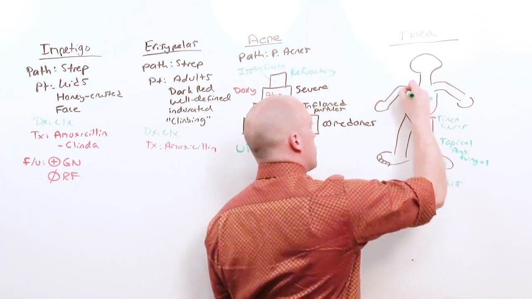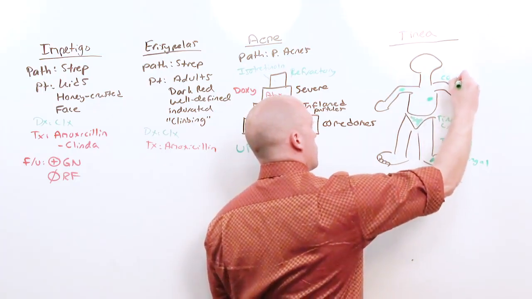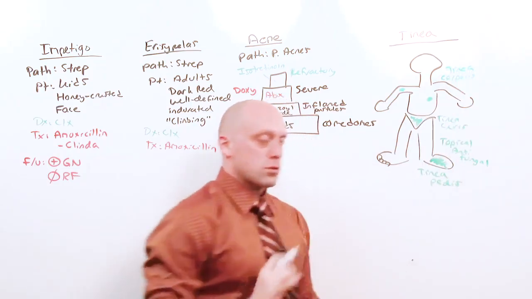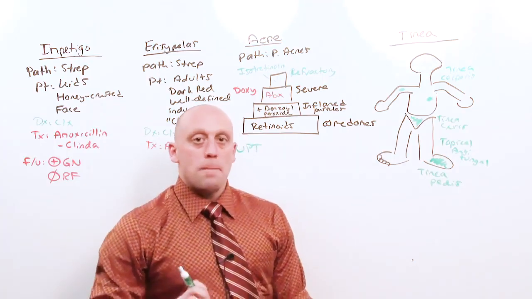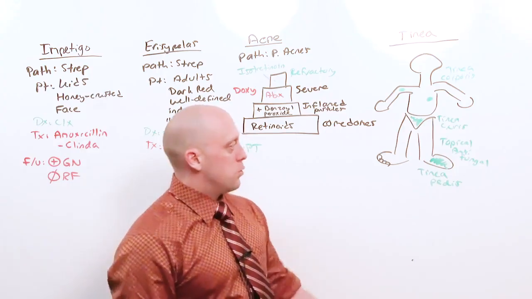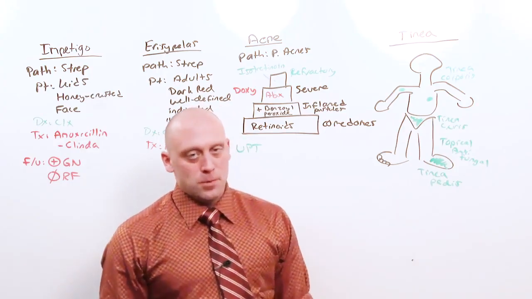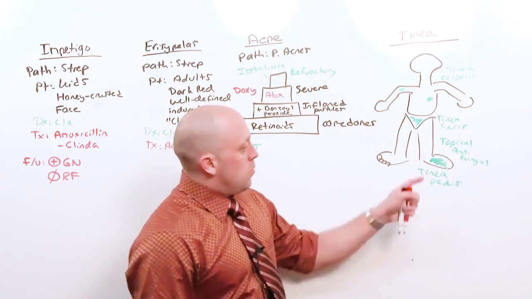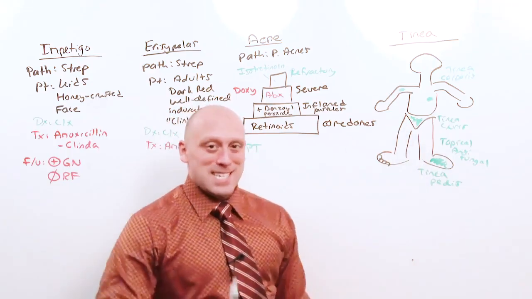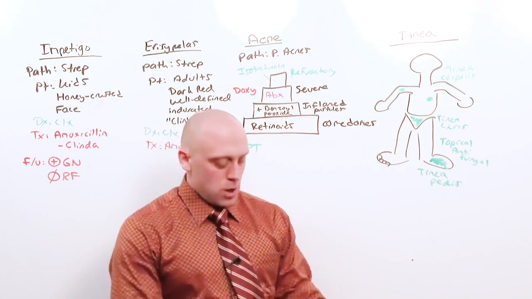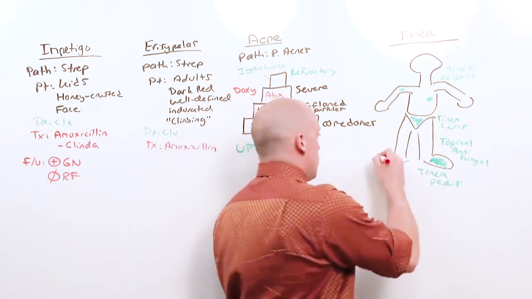Tinea corporis is on the body, and it generally is well described, circumscribed, moderately scaled with central clearing. This is also treated with topical antifungals. I'm doing it this way to remind you which ones get topical. Basically, anywhere in the body that's not the extremes, you are going to treat with topical antifungals. The ones you treat with oral antifungals